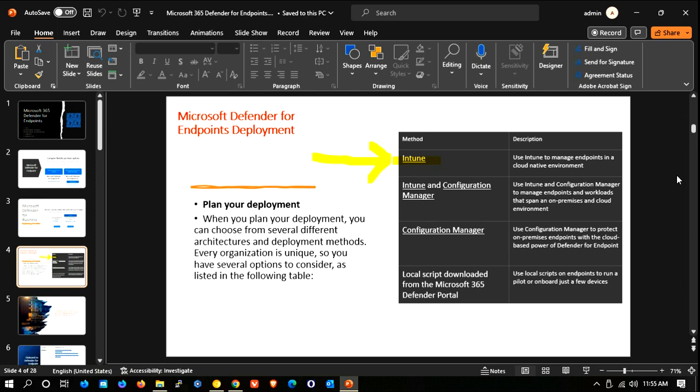Second is Intune with Configuration Manager. So you can say in collaboration or with integration with Configuration Manager, that is also known as SCCM. Third is Configuration Manager, that is SCCM. And the fourth is a local script downloaded from the Microsoft 365 Defender portal, that we can run and onboard the devices. So on the left hand side, as you could see, that's just a description. When you plan your deployment, you can choose from several different architectures and deployment methods, whatever suits your